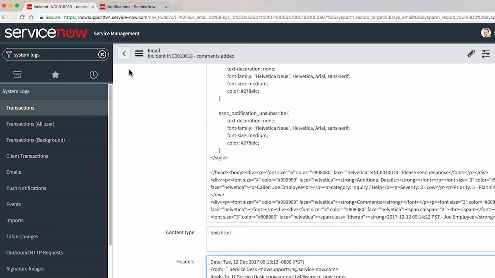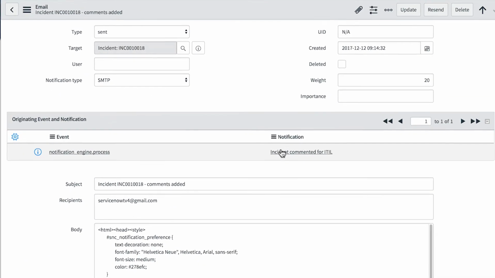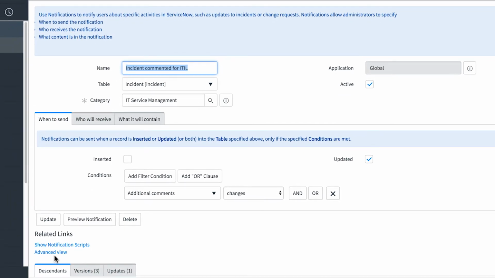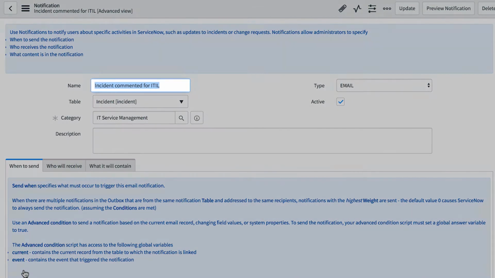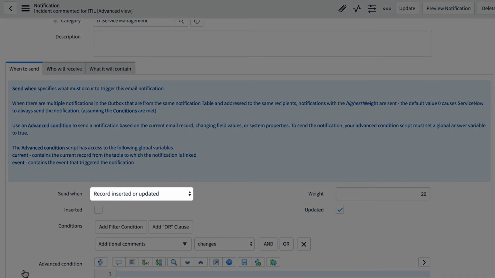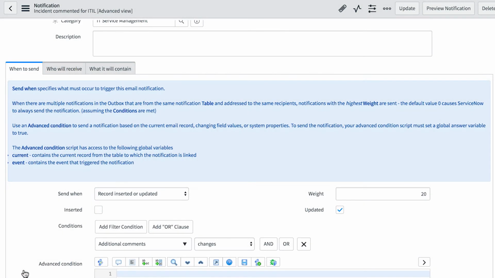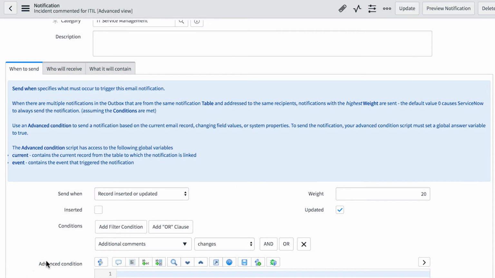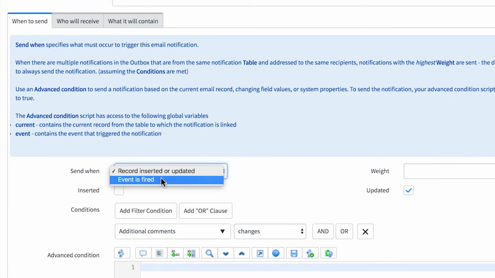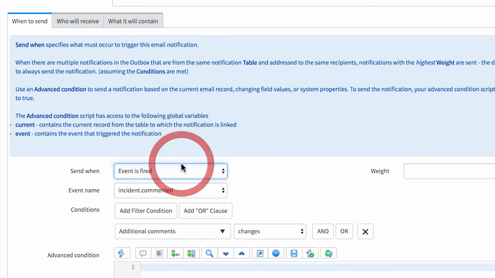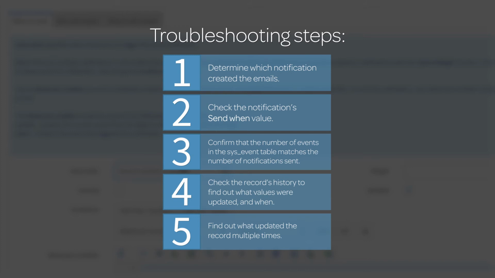But in this case, we can see the notification already identified in the email record, so let's click from here to see what's triggering it. We'll expand to the advanced view for this step. Here it is. We can tell which trigger is used by looking at the Send When field in the notification. This notification is sent only when a record is updated on the incident table. The other option would be to send a notification when a specific event is fired. And if that were the case, the event is named here. Let's leave this the way it was and move on to the next troubleshooting step, which is to confirm that